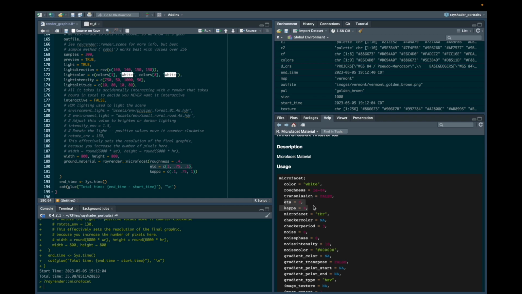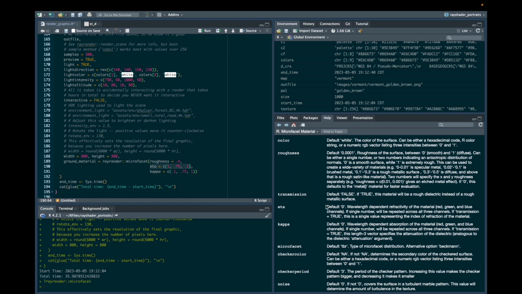So you see we have eta and kappa here. Eta is the refractivity of the material, and kappa is the absorption of the material. I don't know if I'm taking the best approach here, but my approach has been to essentially just play with it. I haven't found a ton of documentation on how to actually set these with real purpose. So I'm just adjusting them until I get a